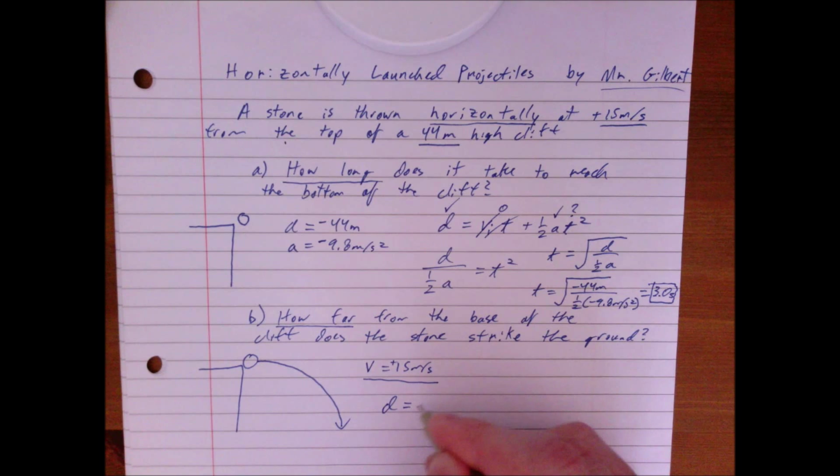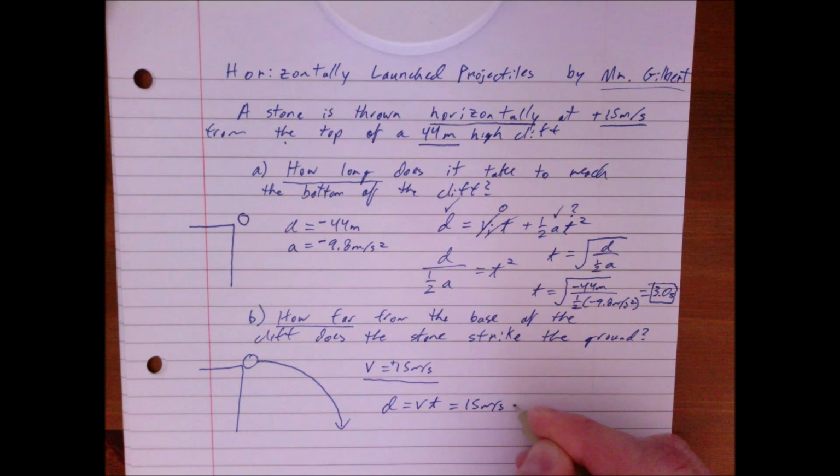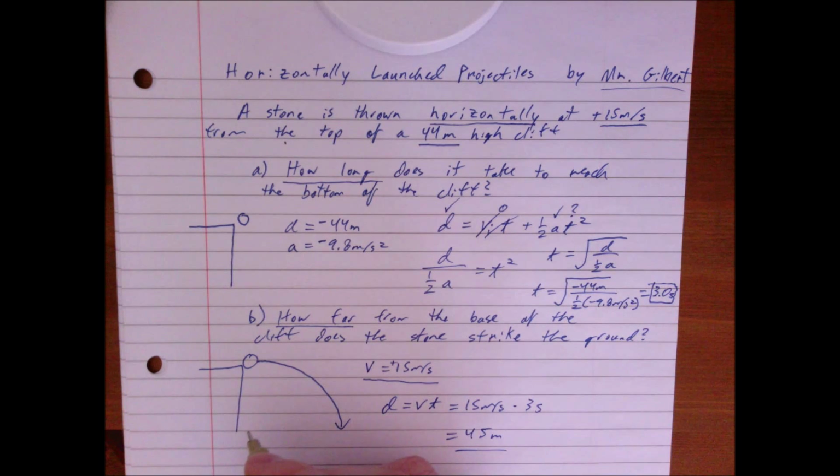The distance is equal to the velocity times the time, which is equal to 15 meters per second times 3 seconds. So what's 15 times 3? Well, 45 meters. That's how far it goes from the base of the cliff. So where it lands is going to be 45